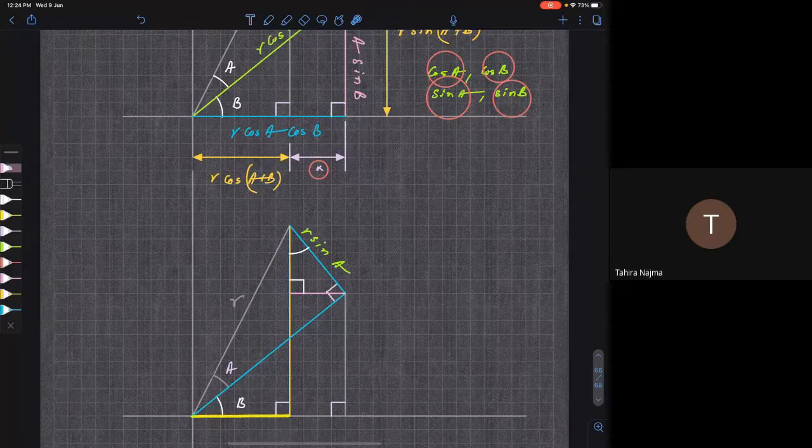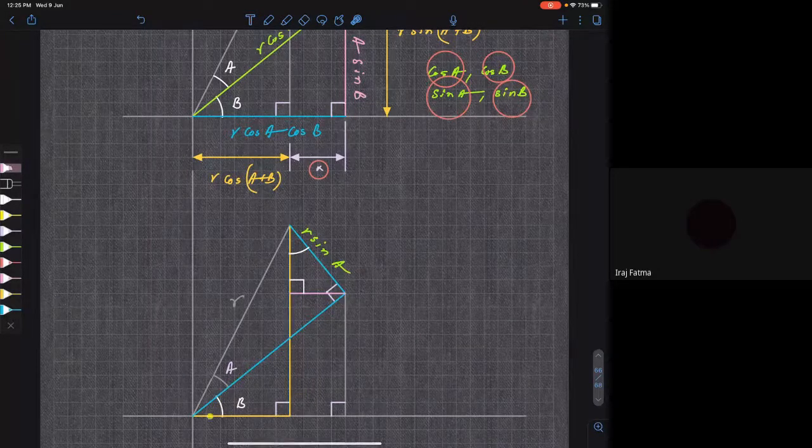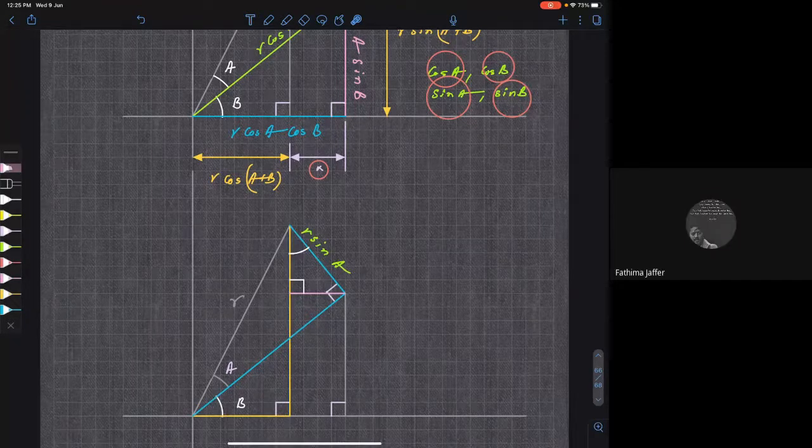Okay, I'm repeating, just listen. This yellow line is perpendicular to this yellow line. I drew them in the same color so that you can identify that these two yellow lines are perpendicular to each other. These two blue lines are perpendicular to each other. Can you see? Yes, sir. Now, if the angle between this yellow line and blue line is B, then the angle between their perpendicular lines will also be B. Any difficulty in understanding that? No, sir. Basically you are rotating both the sides by 90 degrees, so the angle will remain the same.